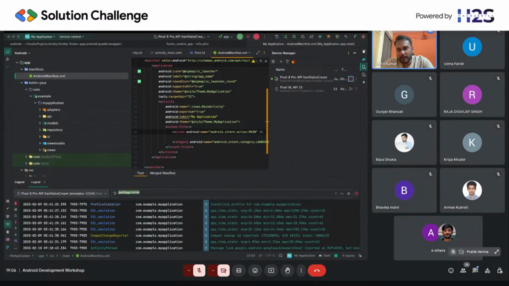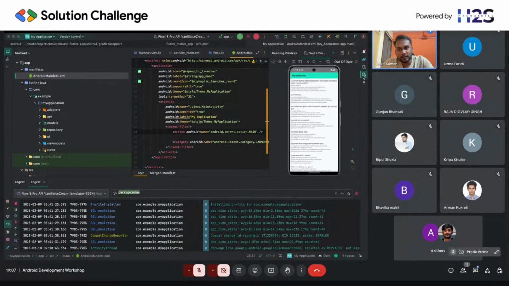You can see I had one Pixel 8 Pro simulator already created, but when we finish creating, one more Pixel XL has been added here with Tiramisu as its OS. So you can run it from here,